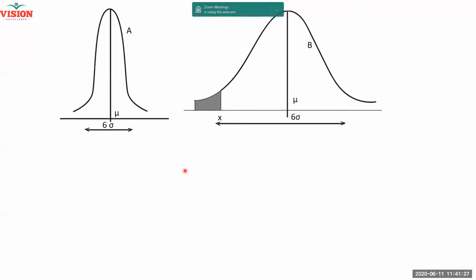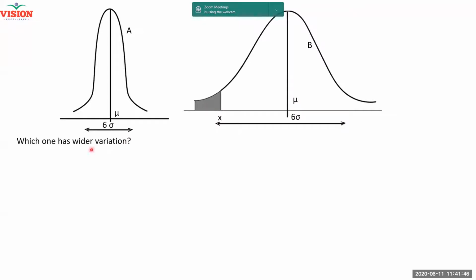Now, for that, I will have to explain this. I hope you all know this. This is a standard distribution. This is a bell distribution. It has got a mean. It has got a variation. I just put 6 sigma. It's just like that I've shown it. And there is a shaded area, right?